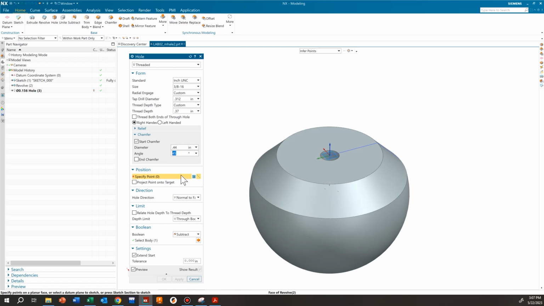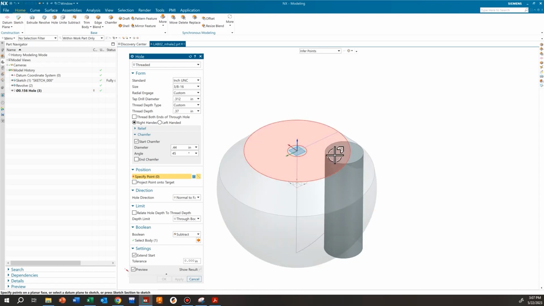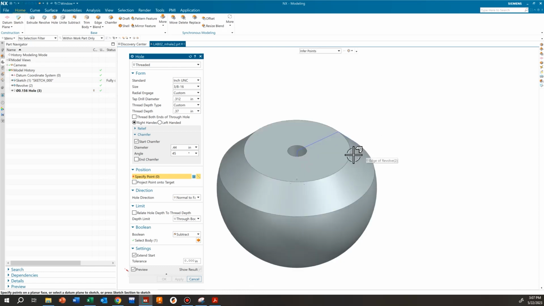Specify position. This is something new that we haven't done. So specify the position. Again, we just want to pick a point, and we're going to do it the same way that we did the first hole because it's the same center position. When we do this, though,